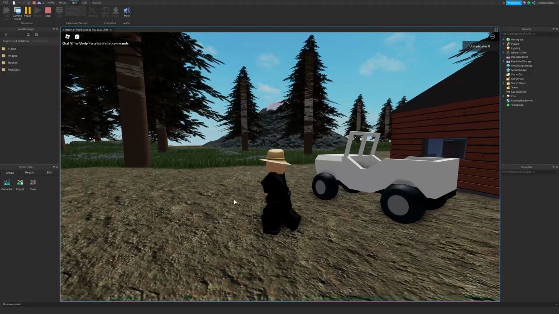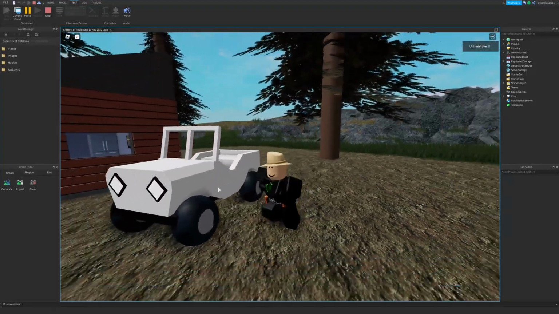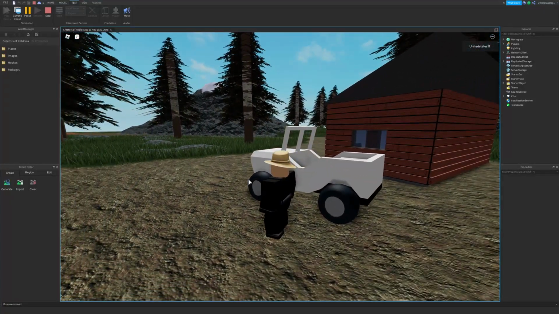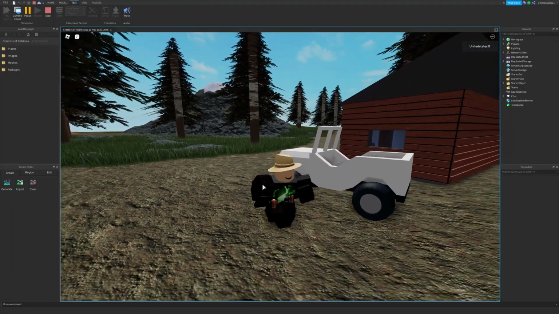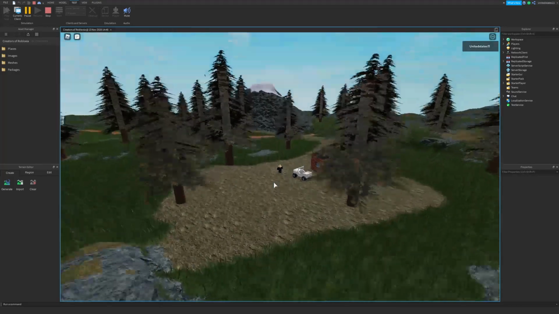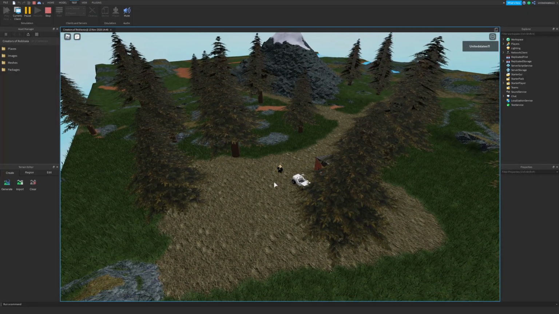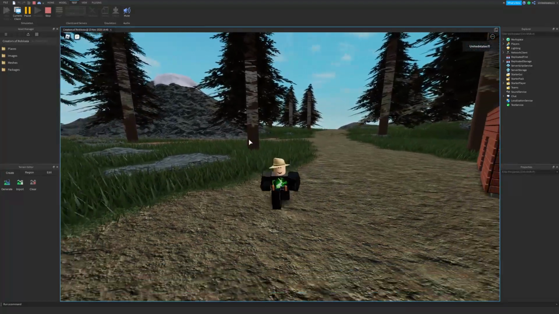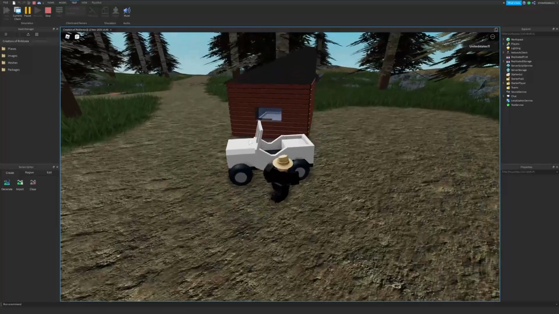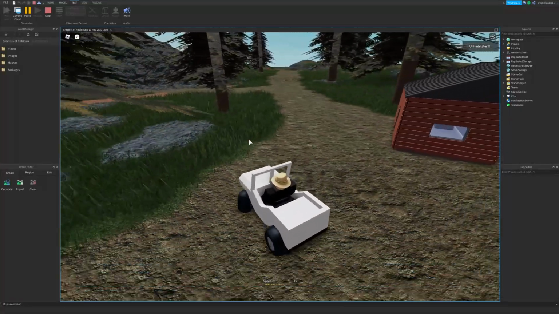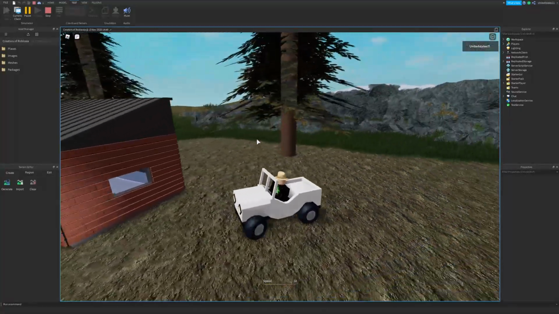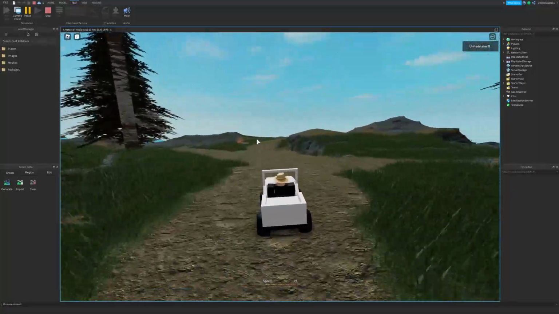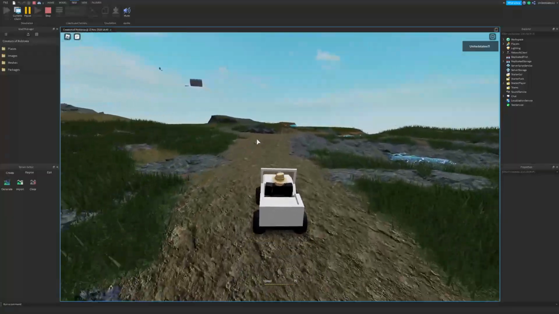Okay, so I'd say this terrain generation and some of the editing that we've done is pretty much done. As you could tell, it was pretty slow, but I've made it look pretty good. We've painted, we've checked out the grass, changing the colors, used the grow tool. I didn't make any caves, so I didn't use the erode tool or any deleting tools, but I put the shed over here and I added a free model Jeep here, and I added roads that we can drive on now, so we have roads here, and here I go.